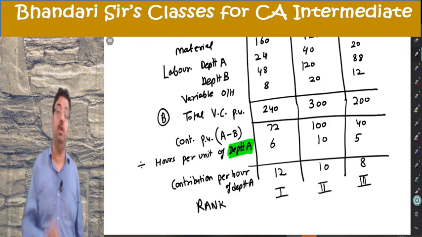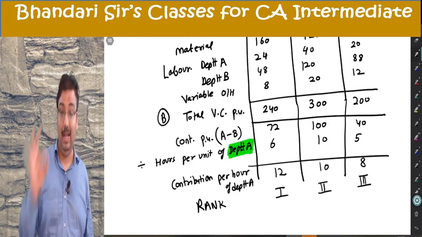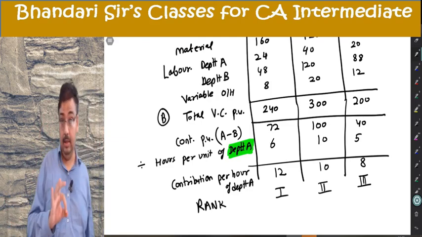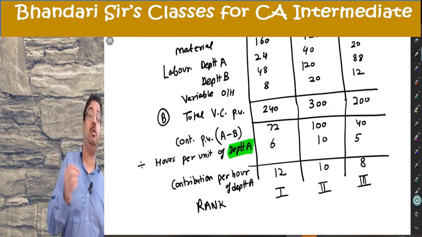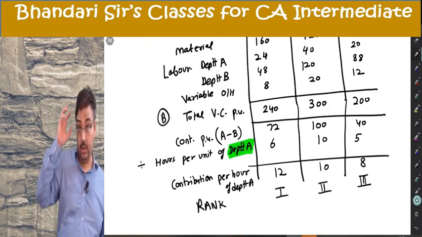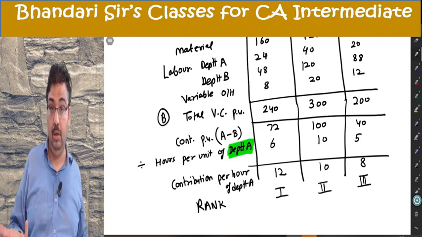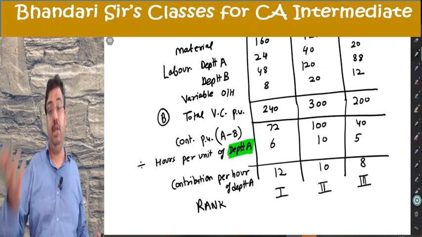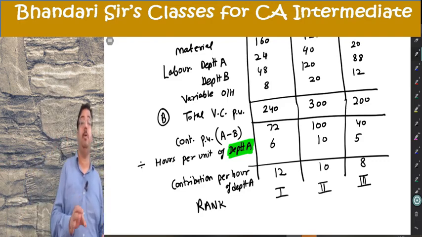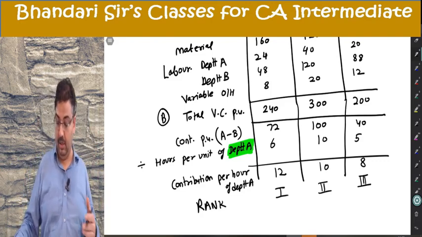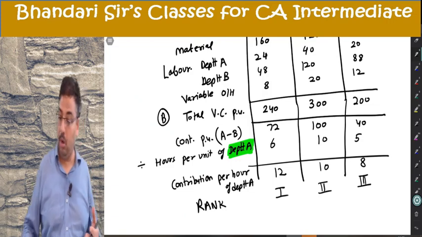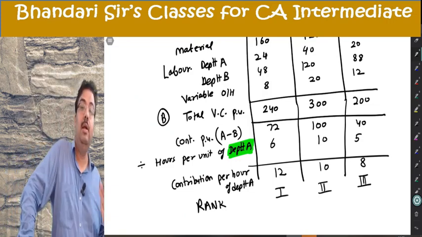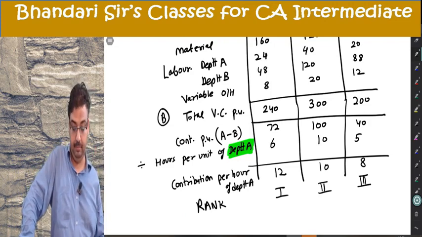First, I will produce and sell maximum of X. Then if any labor hours are left, then Y. Then whatever labor hours are left for Z. The units I get there are the optimal allocation, optimal production and sale. Based on that, the contribution I get is optimal contribution. The question does not give me fixed cost, so I will not be able to compute the optimal profit. Neither is it desired. In the second point, he wants total contribution which is optimal.